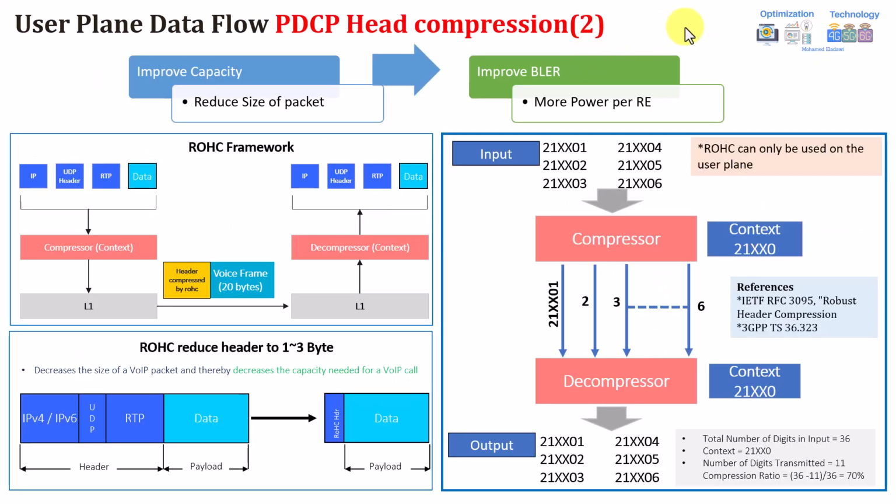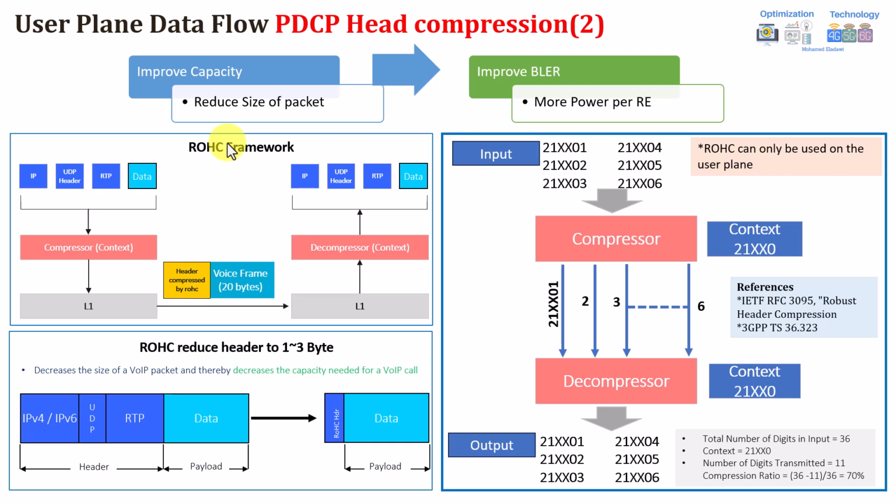Next part here, actually, this is related to the second part. If you remember, I was discussing the PDCP header compression in general. I already discussed this in one of my videos. You can refer to the VoLTE, for example, PDCP or robust header compression. It's exactly the same concept. It didn't change. I will quickly go through it, but if you would like to go through details, you can also check this video.